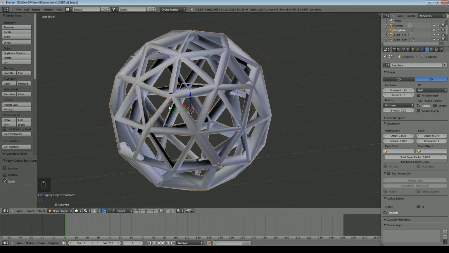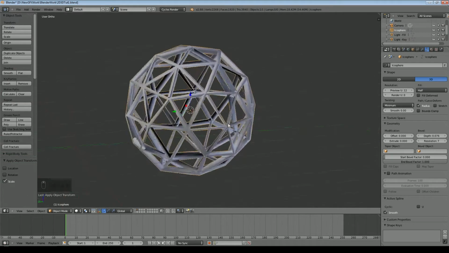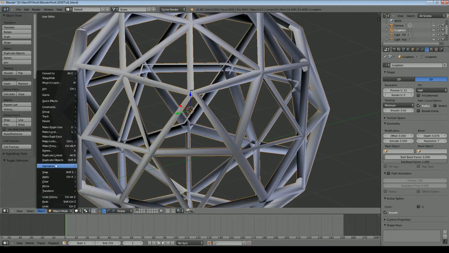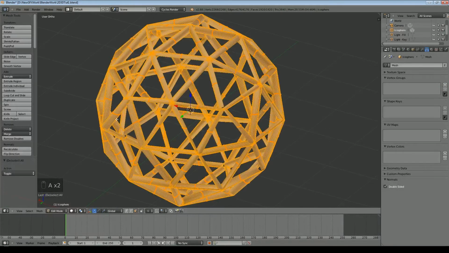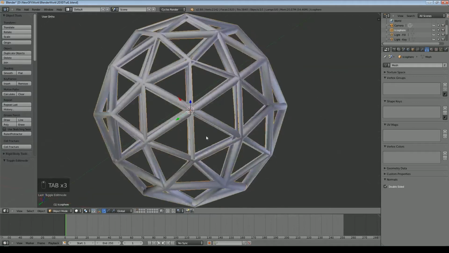So I'm not going to go into a lot of detail on how I created that shape. I'm just going to make something approximating it. What I'm going to do now is I'm going to convert that back into a mesh. So we go to Object, Convert, Mesh from Curve Object. That looks a lot better. Go into edit mode, select all the faces, and we'll just say remove doubles. Yep, there's some doubles in there, and we'll also recalculate the normals. And obviously I spent a little bit longer on it.